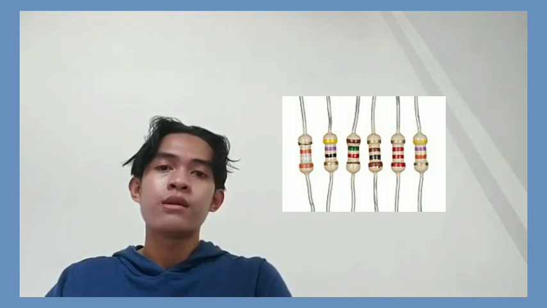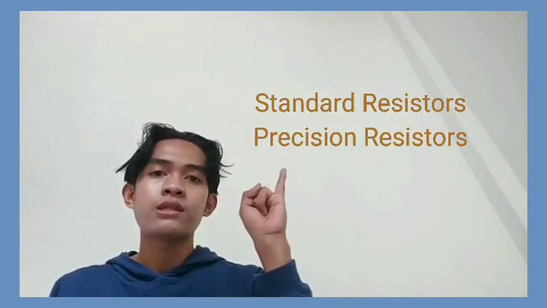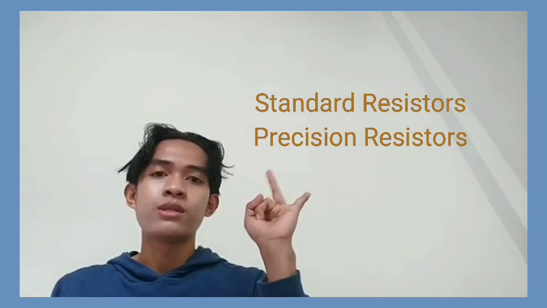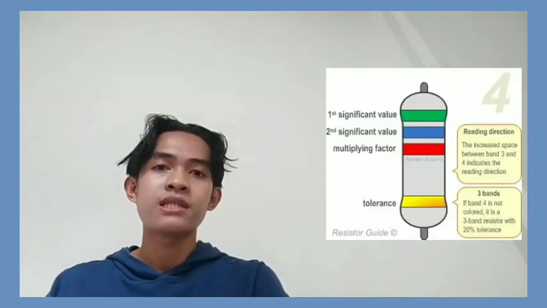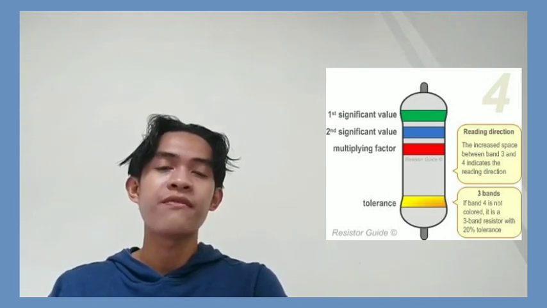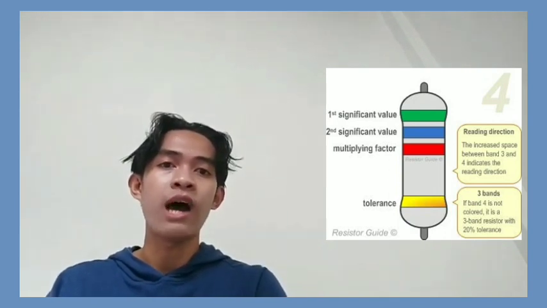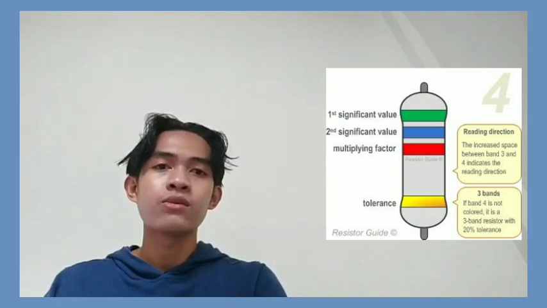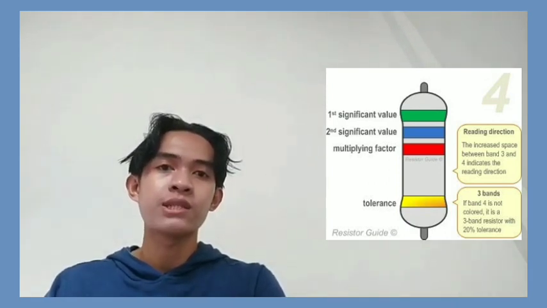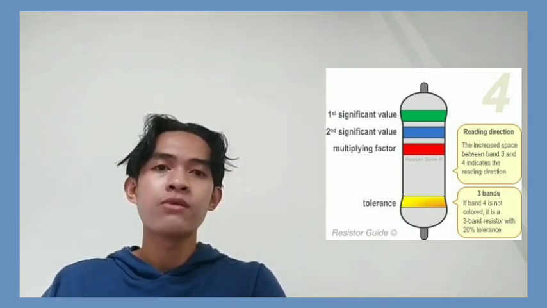Before you can decode the resistor value, you need to know a little more about resistors. So basically, there are two main types of resistors: standard resistors and precision resistors. Standard resistors have 4 color bands. 3 of the bands tell you the nominal value, which means the value the resistor was designed to have. The 4th band tells you the tolerance of the resistor, which indicates how far off the nominal value the actual